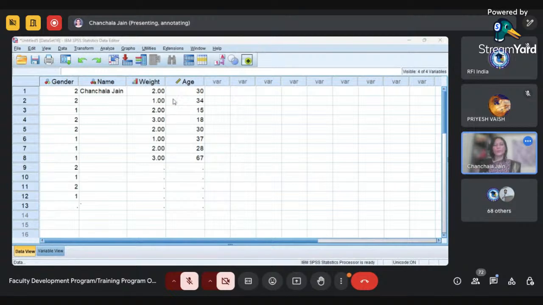If you want to take a picture, you can take it. This will help you in future if you are using SPSS for your analysis purpose. You can see how to bring data in SPSS. Here in the look in, you need to set the location from where you want to take the data.